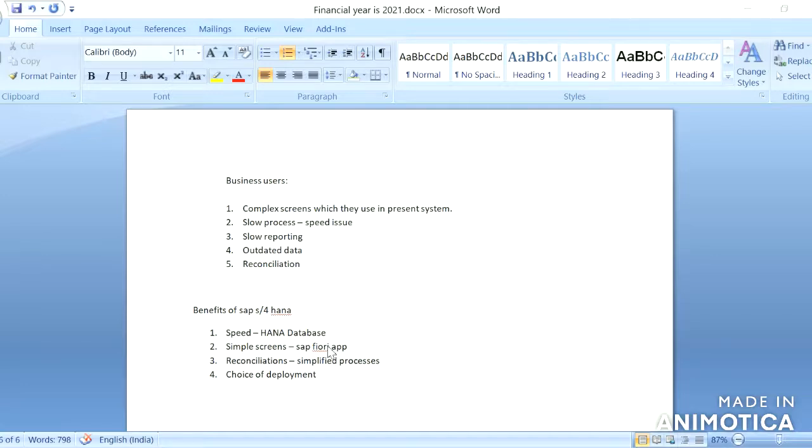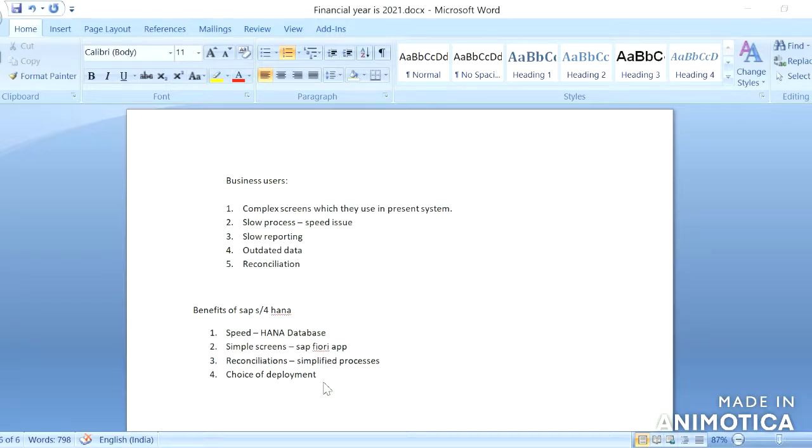But in SAP S4HANA they have provided the cloud system and also this on-premise system. So because of the cloud system, even small organizations can be interested in implementing the SAP.